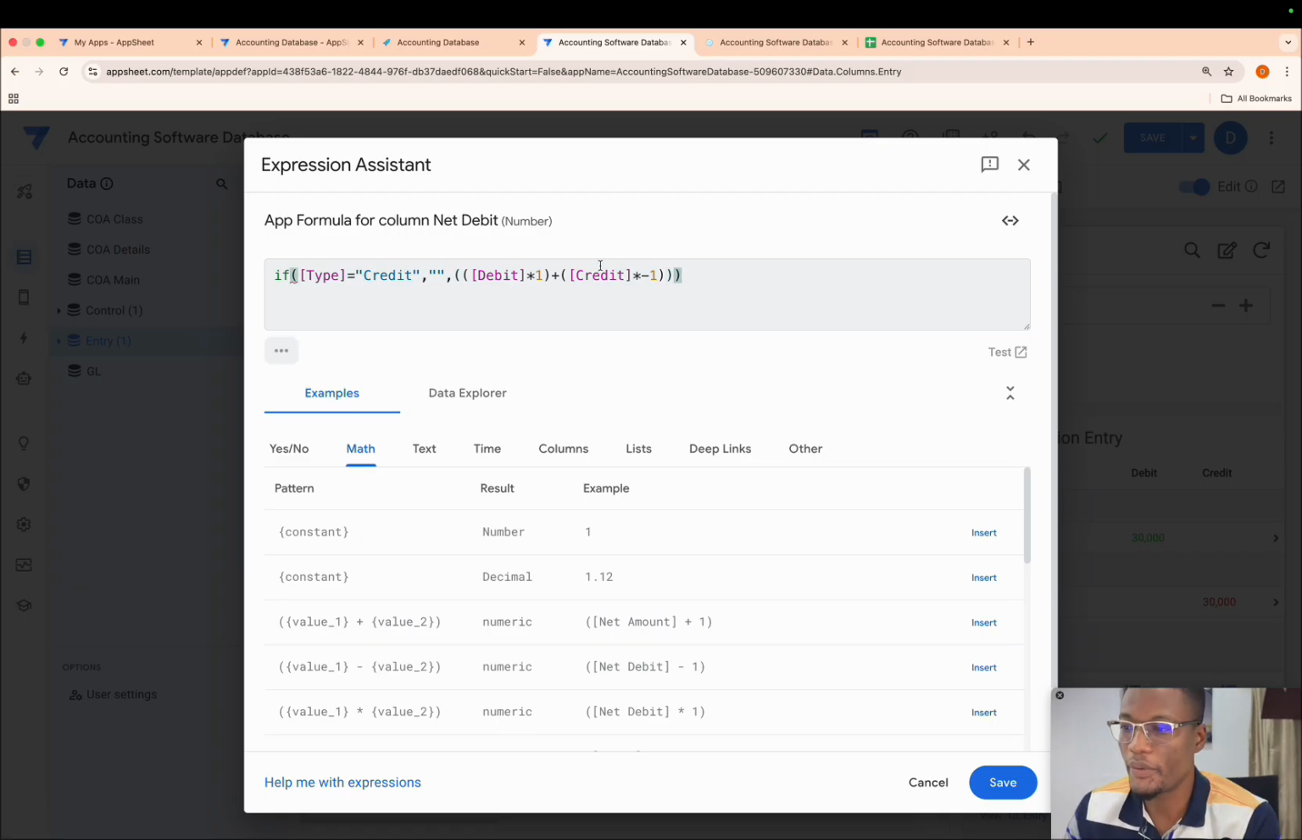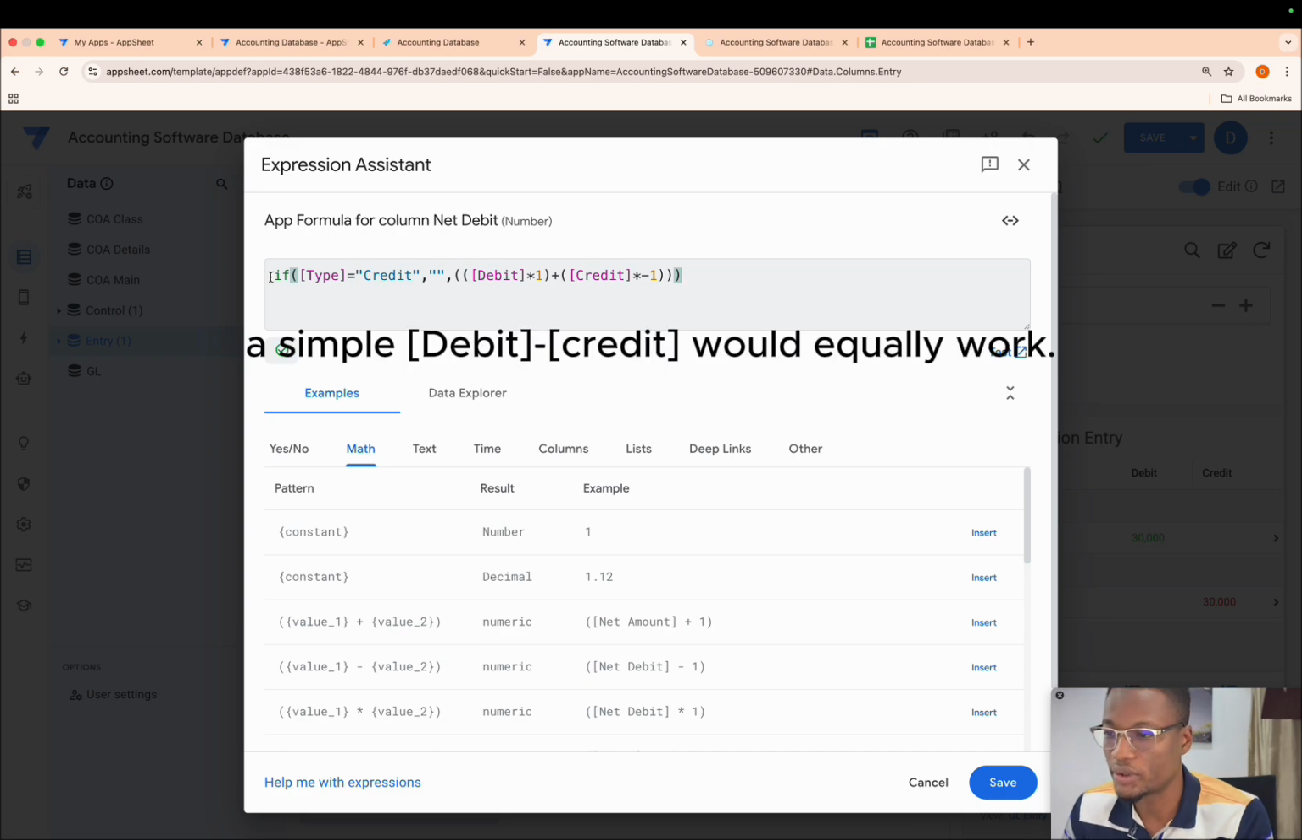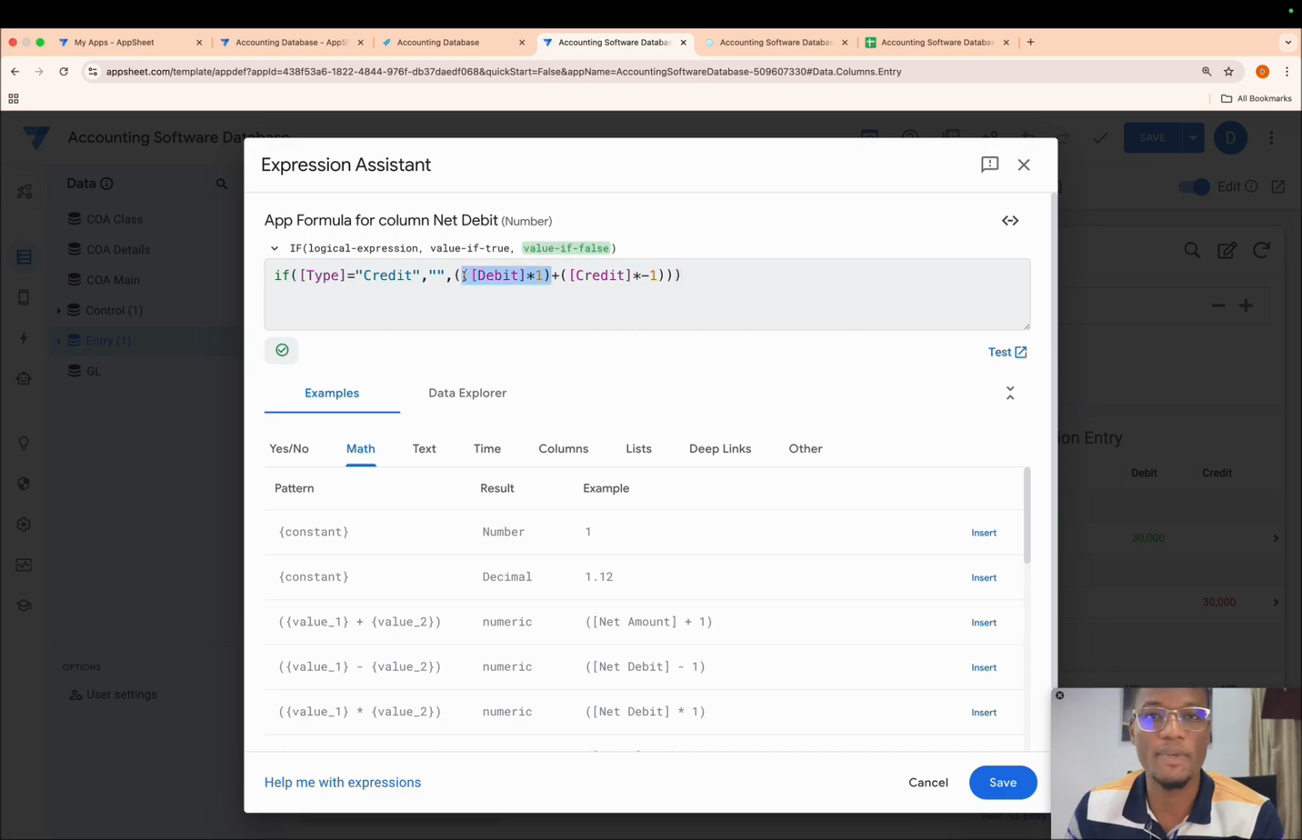So basically what we are saying is, if the type is credit, give us nothing, because in this case it has nothing to do with the net debit. A credit account has nothing in the net debit section. But if it's debits, then what we want you to do is take the debit value and multiply by 1. So if it's being debited, give us a positive debit value. But if the account, being a debit account, is being credited, then give us the negative of that credit value. That's this